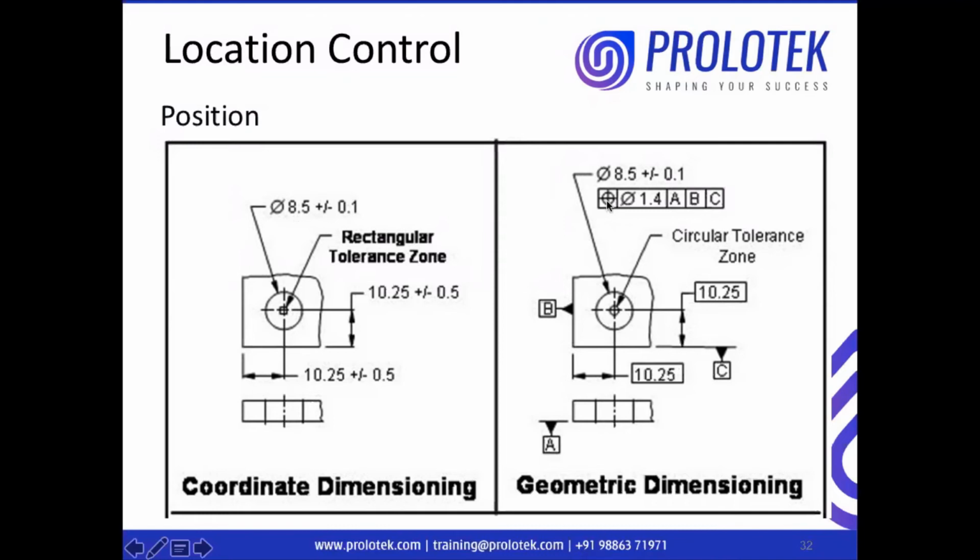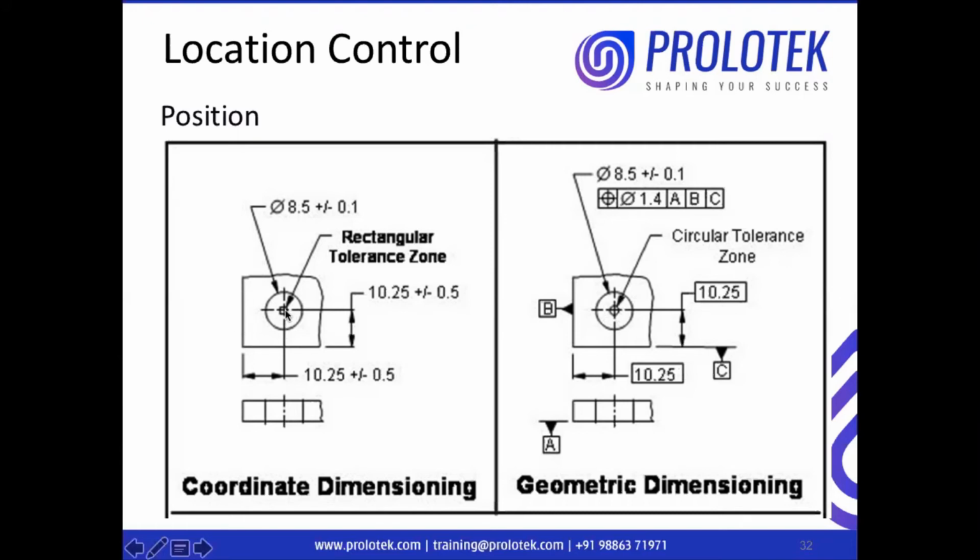Whereas when we give positional tolerance, and if we add that M symbol, which is called a maximum material condition modifier, then what will happen? I can have different tolerance diameters for different hole sizes. So from a fixed tolerance zone, I am getting a flexible tolerance zone. So the second problem is overcome. Third problem is, if someone inspects the center of the hole from this end, they will